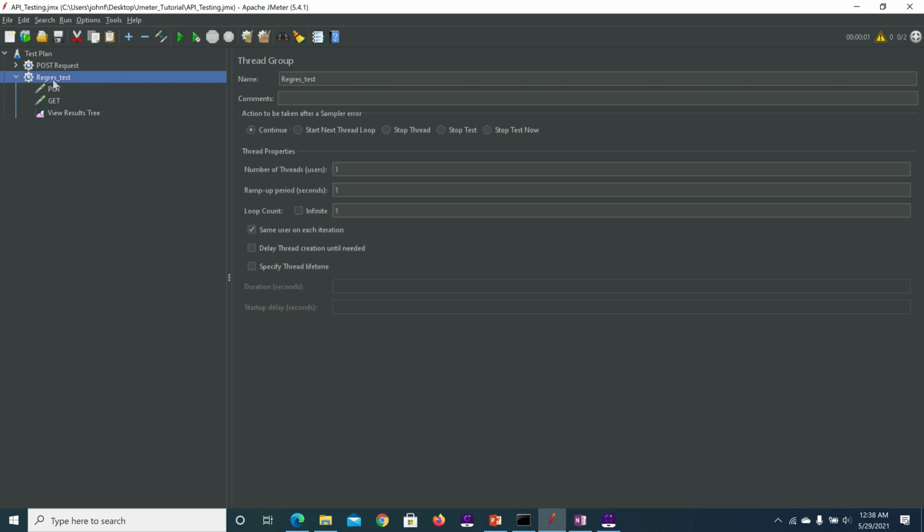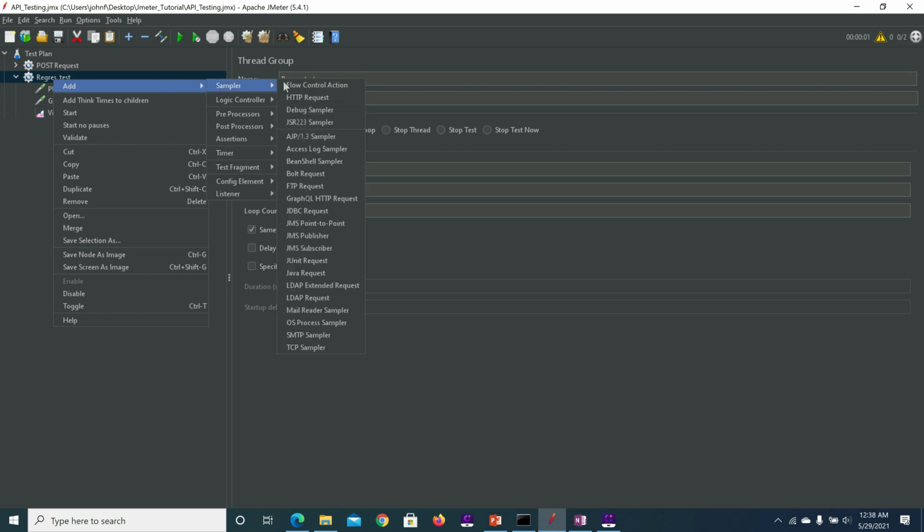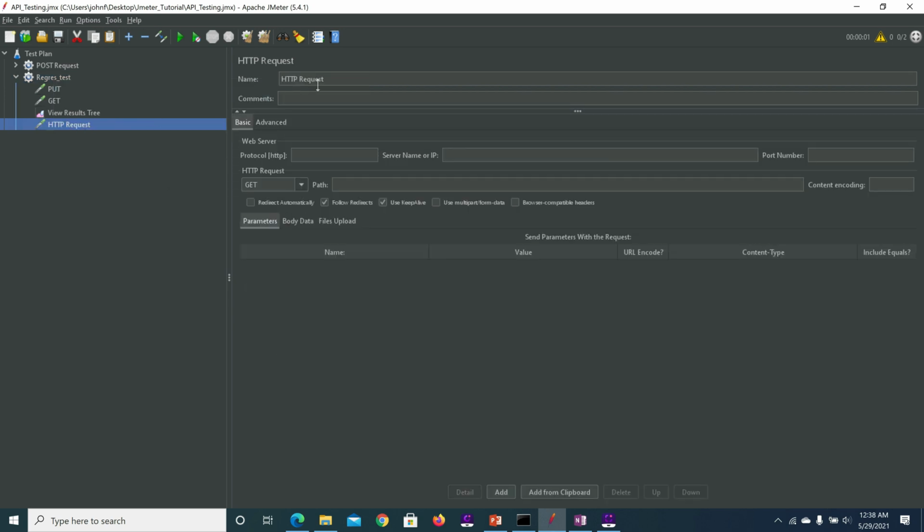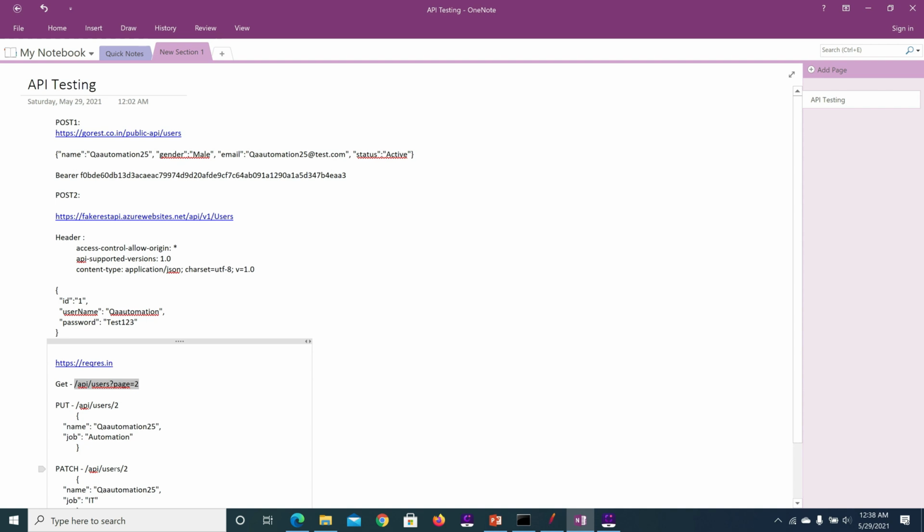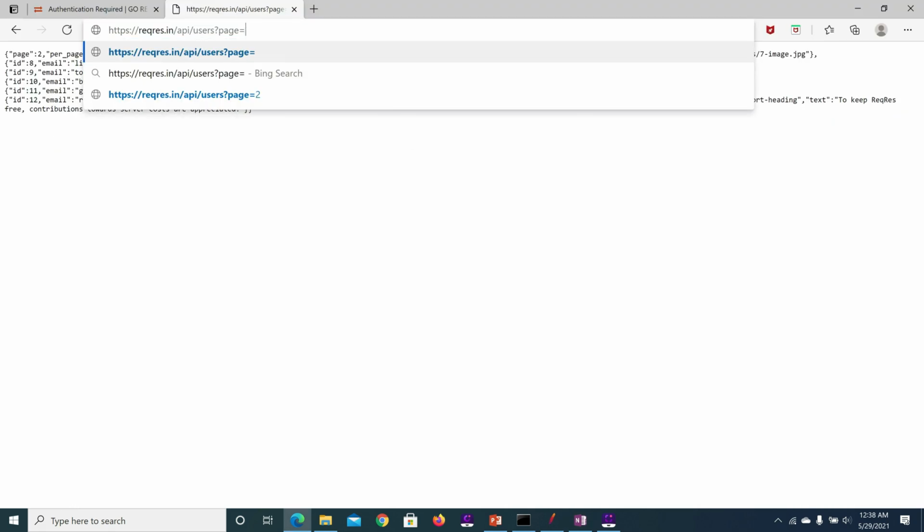Next, I am going to add a patch request, add sampler HTTP request. Server name is regres.in and protocol type is HTTPS. HTTP request type is patch. Path for patch is this. For time saving purposes, I have kept all the content in one place. The same you can see over here in the website itself.